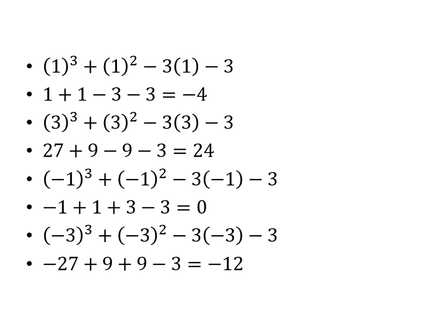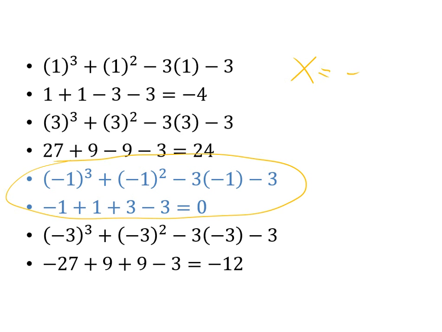When you plug them all the way through and solve, you're trying to identify which one equals 0. And we see it's got to be this one. So our only rational 0, which is a nice round number, for that original equation is negative 1. So x equals negative 1 is the